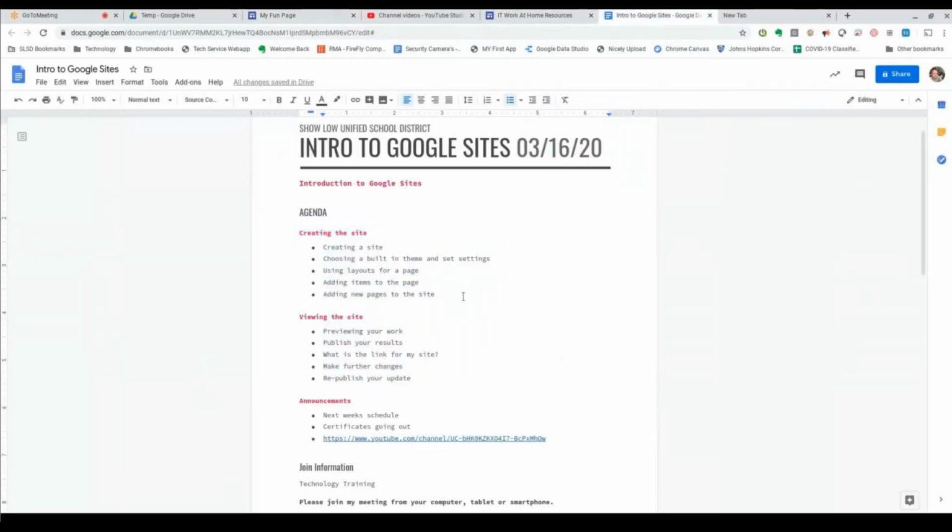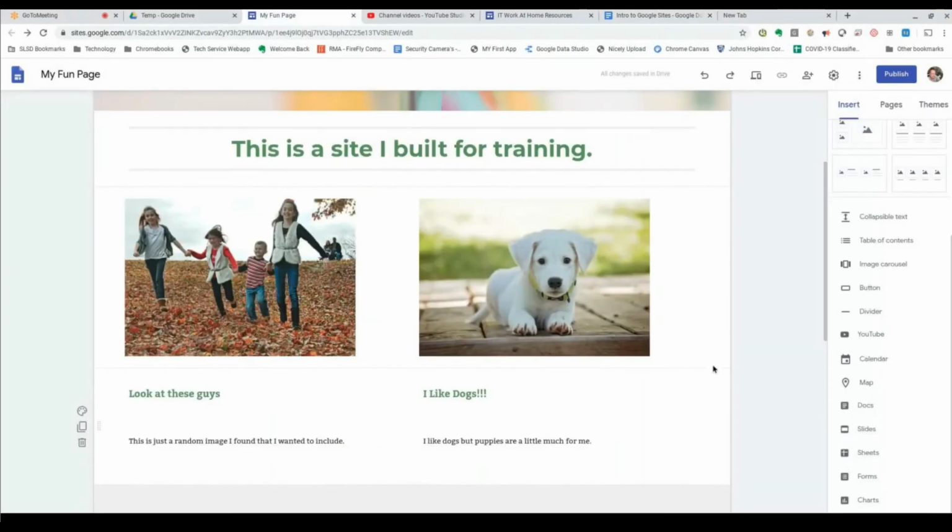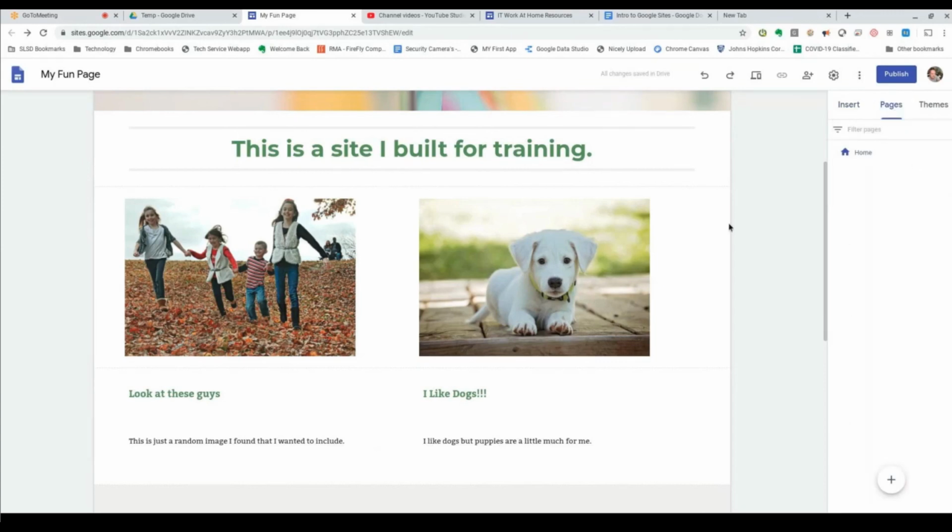All right, adding new pages to the site. So I'm going to go back to my fun site, and I'm going to go to this link right here in the top right. And this shows all the pages that are part of my website. And right now I just have a home page. And so